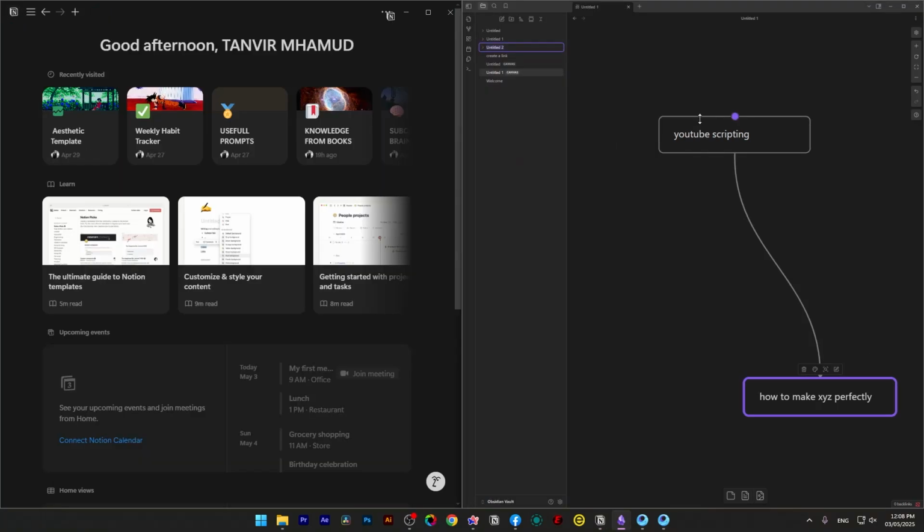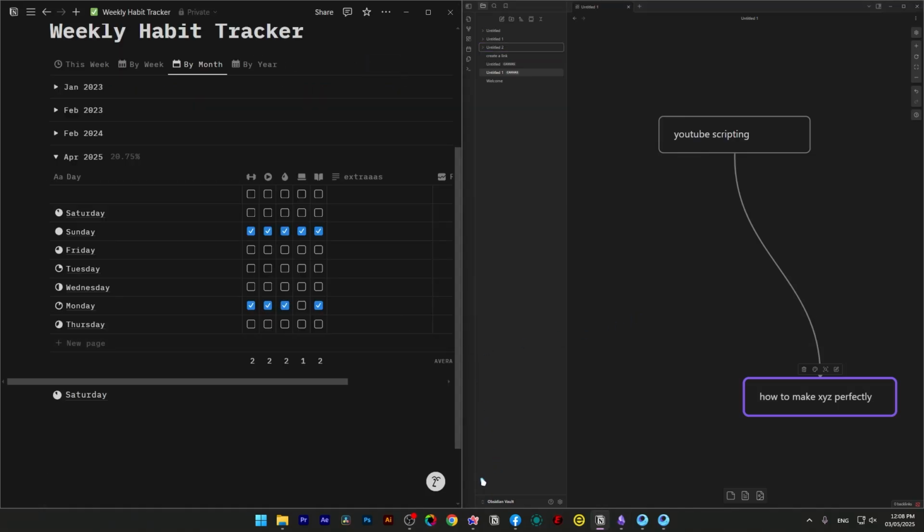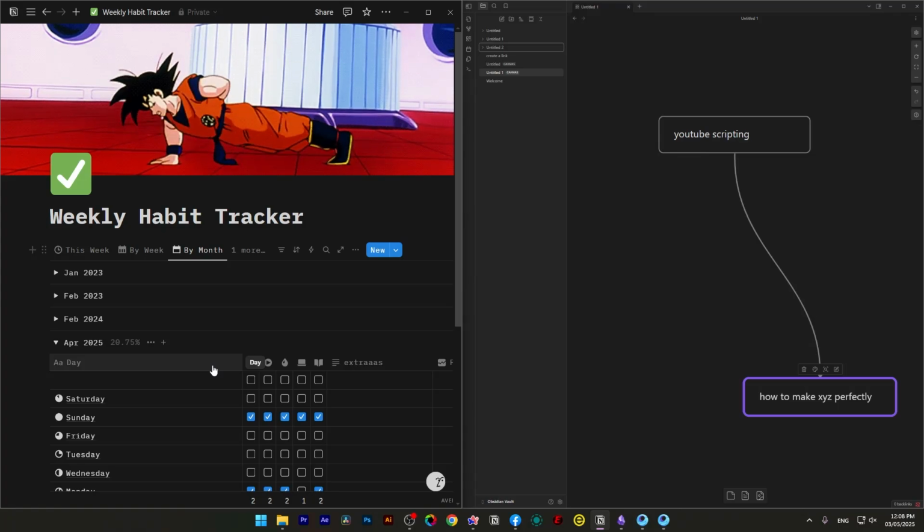So, here's my personal take. I've been using both for over a couple of years. Here's how I do it. Obsidian is my thinking machine: ideas, scripts, book notes, insights, whatever I use. On the other hand, Notion is my public day: content calendars, habit trackers, client workflows, dashboards. You can use both, but don't overcomplicate it. Pick the one that matches how you think, then go deep.